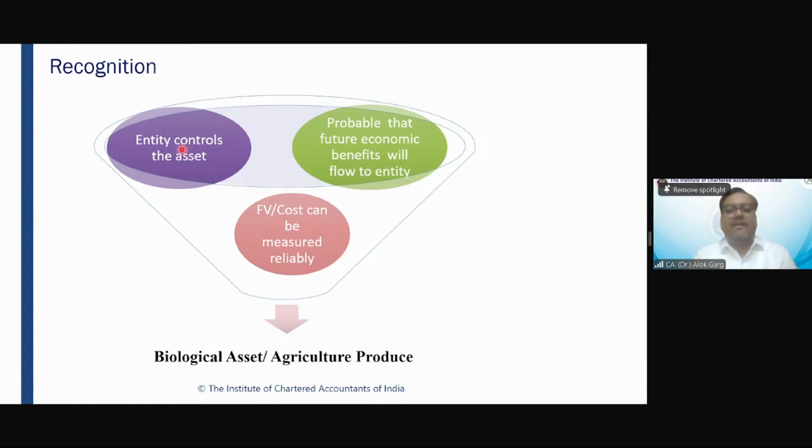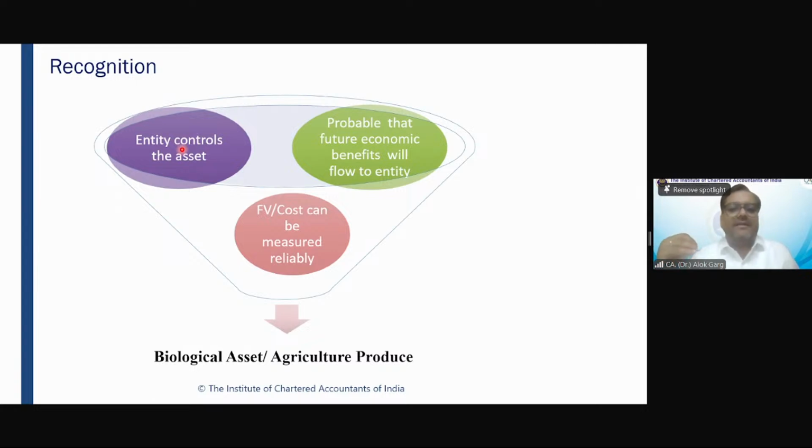Let's say there was a factory, okay? And outside the factory, there was a street dog who always used to sit at the factory gate. So that street dog is a biological asset. It's a living animal. That street dog always sits outside the factory gate, and the factory owner gives milk or bread to the dog. And the dog was so loyal. The dog was always taking care of the factory gate, and he was not allowing any trespassers to enter the factory. He started barking. Okay.